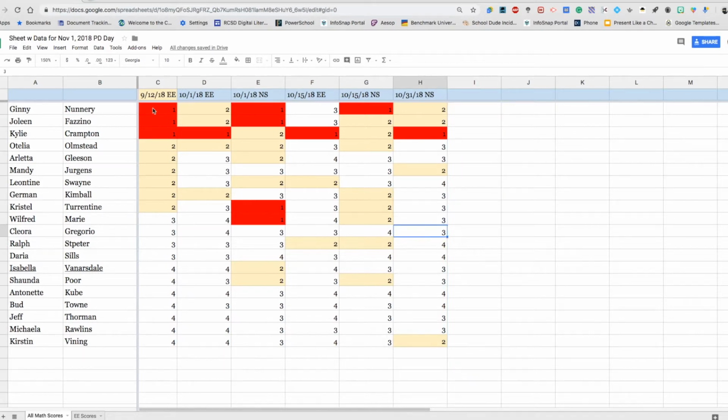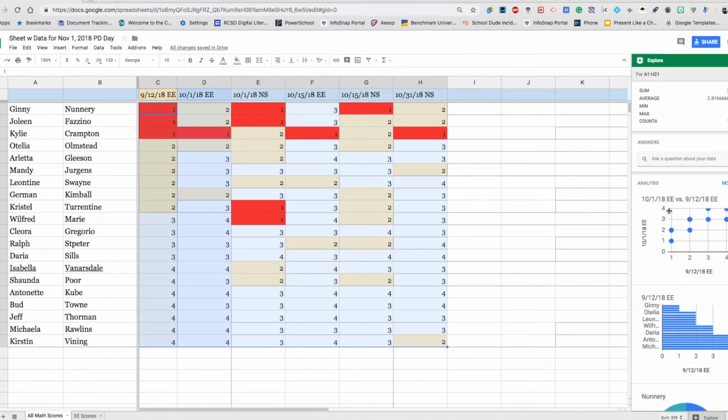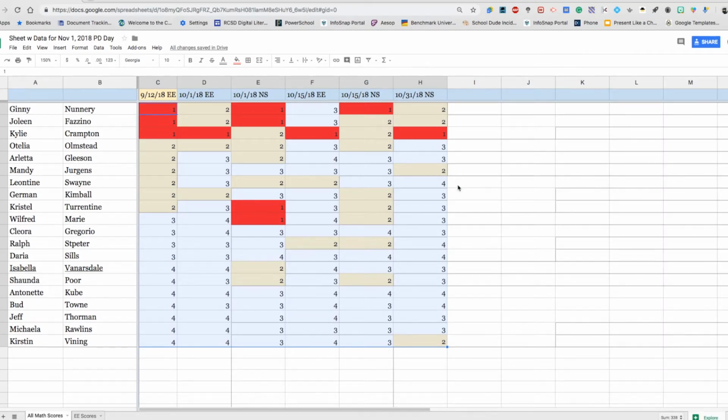and let's say I want to take this data, actually I'll show you. So if I highlight all this data, let me get all of this. There we go. So now I'll use Explore. It'll tell me the minimum score, the maximum score, the average, what the sum of all of them are. So Explore gives you a lot of information very quickly. The other thing you can do is turn this into a graph. So you have a couple ways of doing that. So if I take this data,